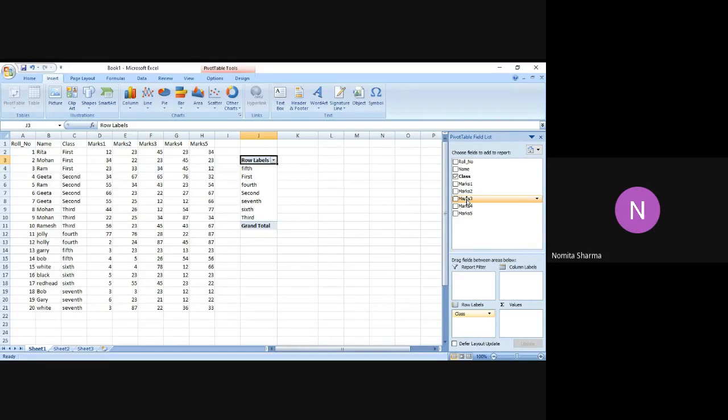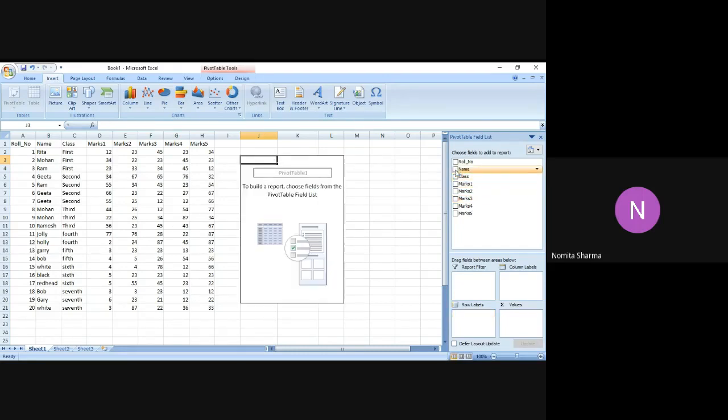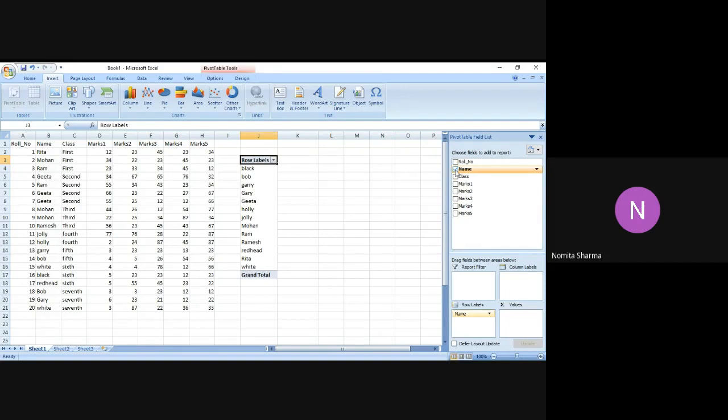Then you can see I have the class also. It has given me the class starting from 5th, 1st, 4th. It is not sorted. I can sort that also. But let me just work with the data first of all. Then I have, so let me just first have the names, and you see the names will come in that table. Further, now you see automatically the names are coming in the row, right?